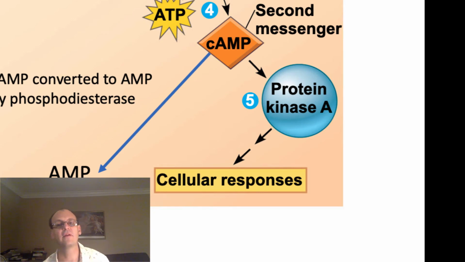A second important transduction pathway involves a molecule called cyclic AMP. This pathway is usually associated with the G-protein coupled receptors. As with other G-protein coupled receptor signaling, a ligand binds onto the GPCR, and this causes the G-protein to expel its GDP and accept a GTP molecule. The G-protein transfers the GTP to an enzyme and activates it. In the case of the cyclic AMP pathway, this enzyme is adenylyl cyclase, and it catalyzes the reaction of ATP to cyclic AMP. Because the adenylyl cyclase is an enzyme, once it's activated, it can convert many molecules of ATP into cyclic AMP. In this way, it serves to amplify the message by generating many molecules of cyclic AMP, from perhaps even just one